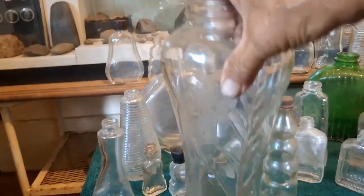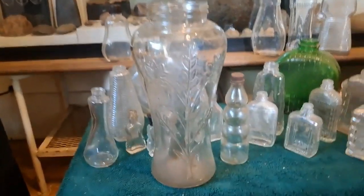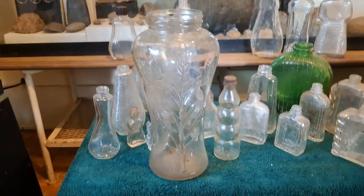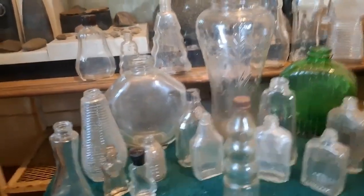Now, here's one that's a mystery to me. As you can see, it's quite tall. It has flowers embossed on the glass. It is a screw cap. I do not know what was in this product. It looks definitely 1940s, 1950s. There's nothing to identify it by, nothing on the bottom, but it is a beautiful piece. And that piece, I didn't dig up. I forget where I got that. Anyways,